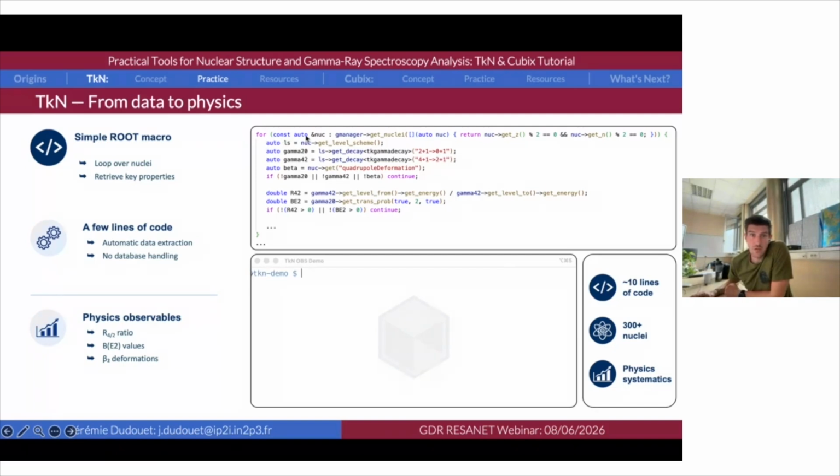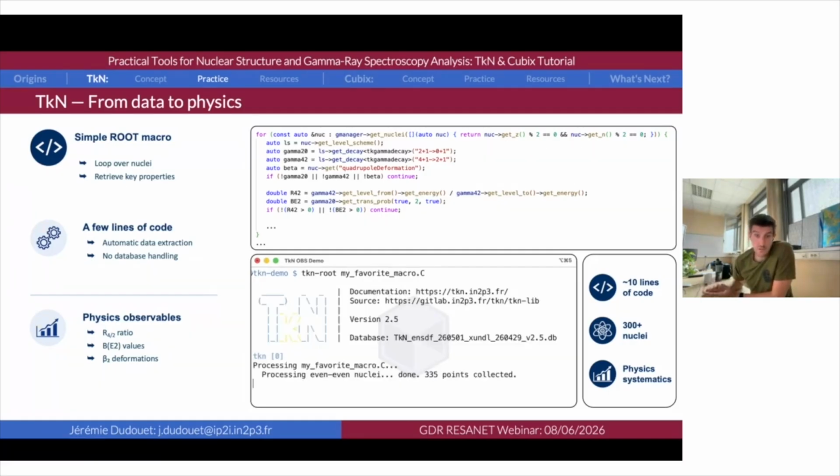And I will, for each nucleus, retrieve the level scheme and extract the 2 plus to 0 plus and 4 plus to 2 plus transitions. I will extract the quadrupole deformation of the ground state, and I will extract the BE2 of the 2 plus to 0 plus transition. So you see that with like 10 lines of code, I was able to extract information from